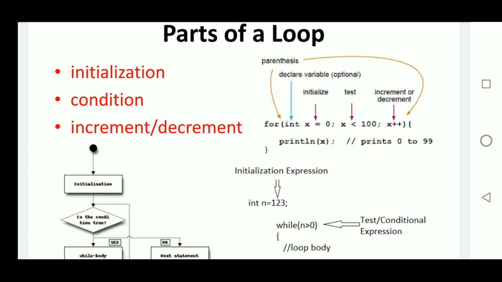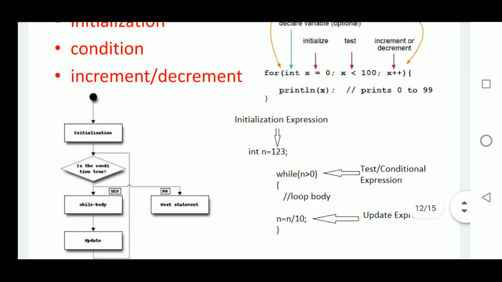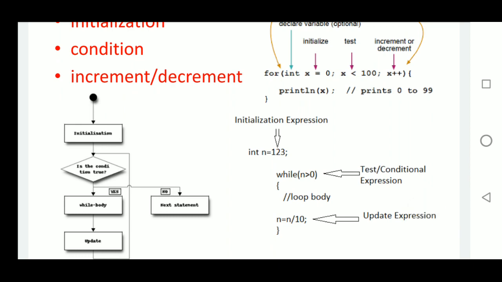If the initialization is a high value, then your condition will check a low value and decrement will happen. Like initialization from 1, the condition is 5, so increment will be done 1, 2, 3, 4, 5. So your loop will execute 5 times. If initialization is from 5, the condition is 1 and the decrements will happen 5, 4, 3, 2, 1, like this.